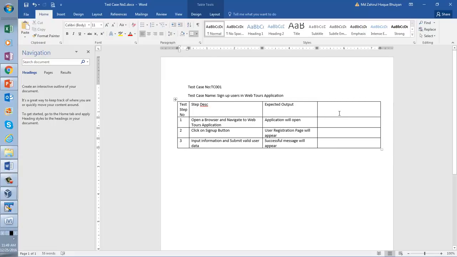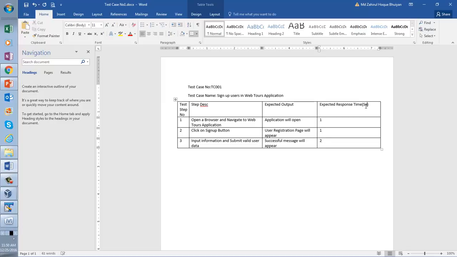Now expected response time. So let's say for these steps our expected response time is 1 second. For this one our expected response time is 1 second. For this one our expected response time is 2 seconds.